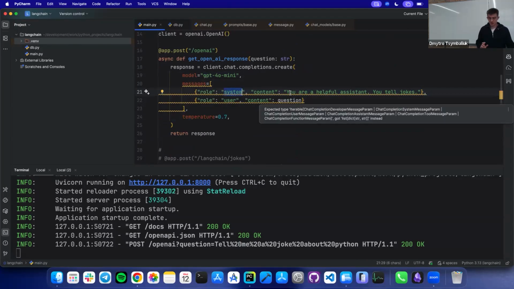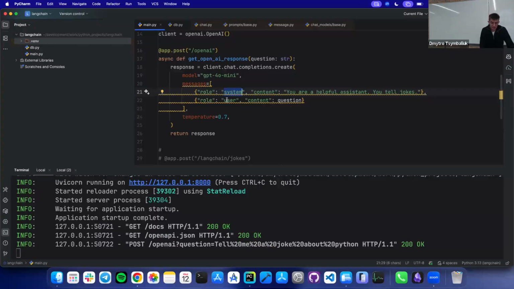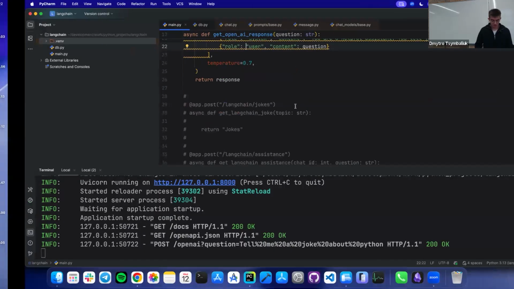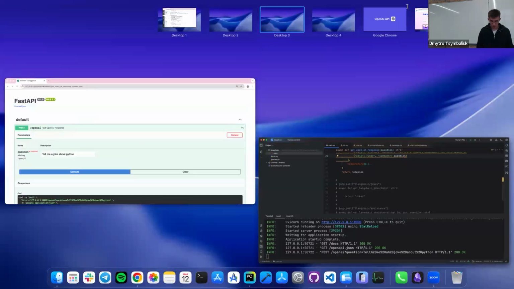So you're a helpful assistant, you tell jokes. And the second message is from the user, which is actually our input from our API. And yeah, that's actually everything you need. It's very simple and it works. So yeah, that's actually how you can use the OpenAI